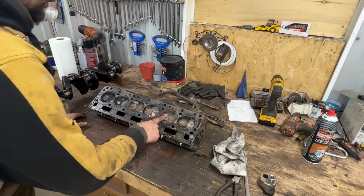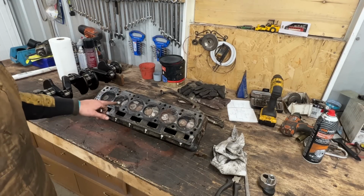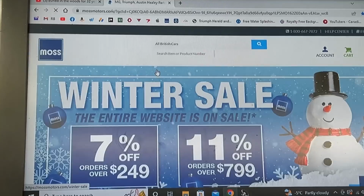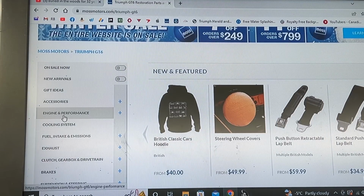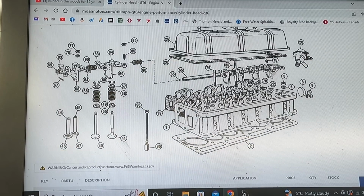It changed diameter, from bigger became smaller, and I know that from the Most Motors website, so let's go and check that together. So if you go on the Most Motors website and go on shop by model, GT6, and then we're going to go to engine and performance, and here this is the cylinder head, and that's why I love the Most Motors website, because I can use it for lots of information too, because it's so easy to navigate through it. So if I go to the valves,